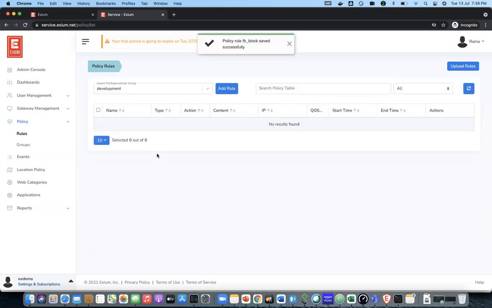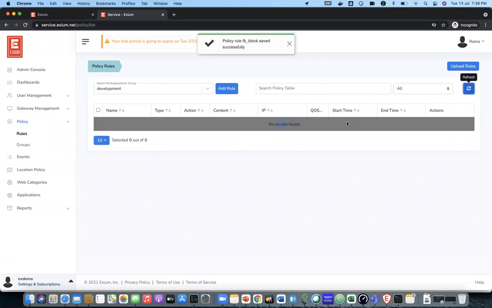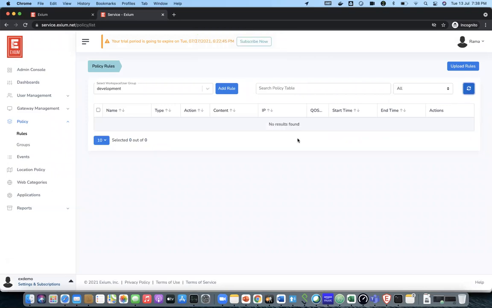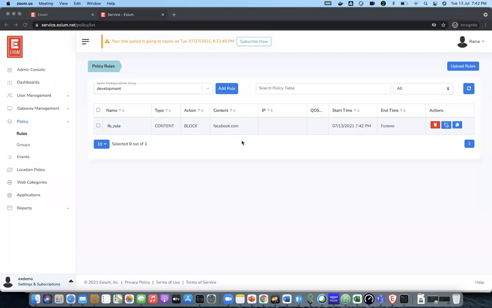Once I save this rule, as you can see, the Facebook rule is added.